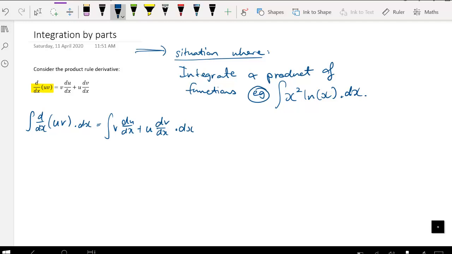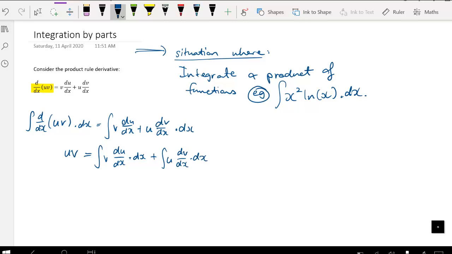And so it is obvious that the integral of uv is uv, and then we've got the integral of v du dx with respect to x, and the integral of u dv dx